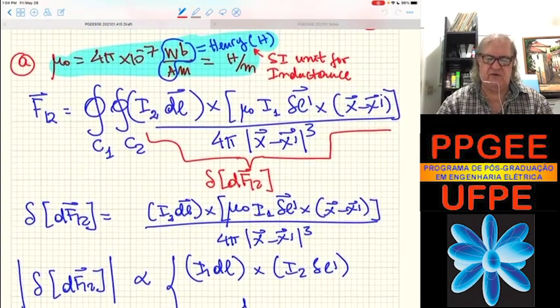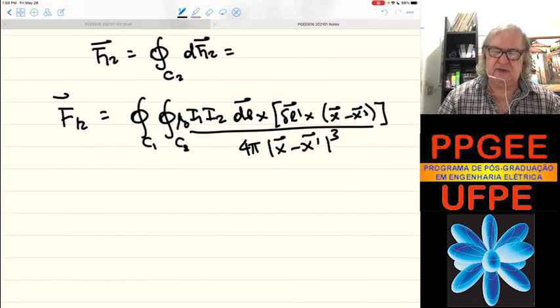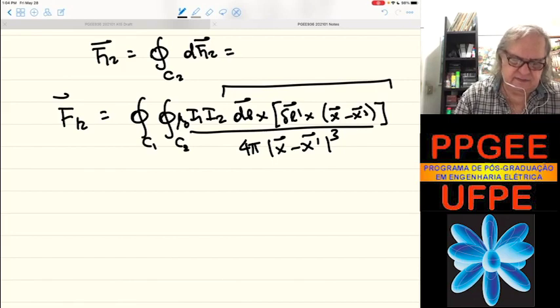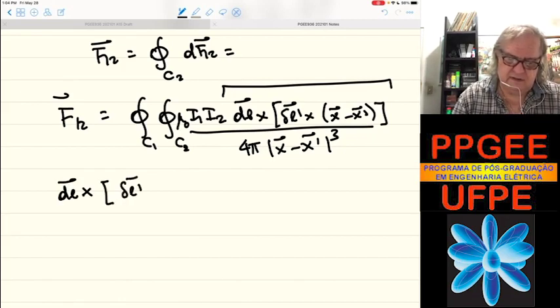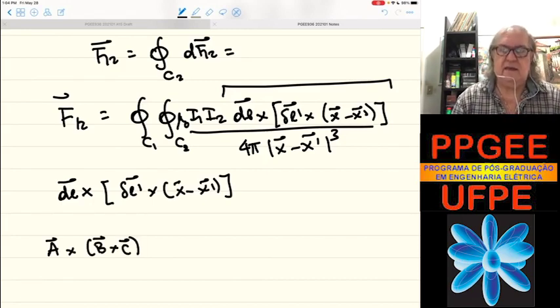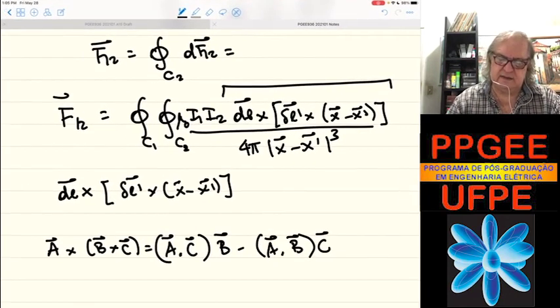Also, if you look at the force, we have to show this. We have a very complicated relation here. I can use the triple product here to show that the force can be written, you know, this is a triple product. Let's work a little bit more on this. So we have a vector identity A cross B cross C equals to AC B minus AB C. We're going to use this identity here